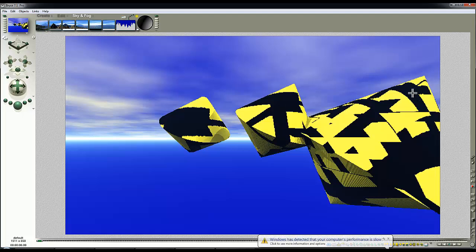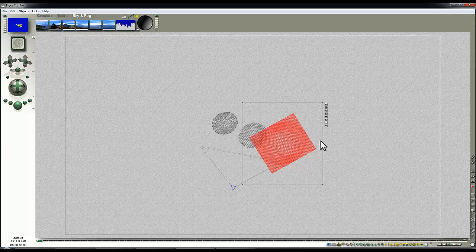The pattern's changed because it's world space mapped, so that's a little bit inconvenient. If we're going to capture this map correctly, we've got to do this operation just here. So that's something to be aware of. What I need to do, I'll just delete that, is go to this lattice and copy and paste it,